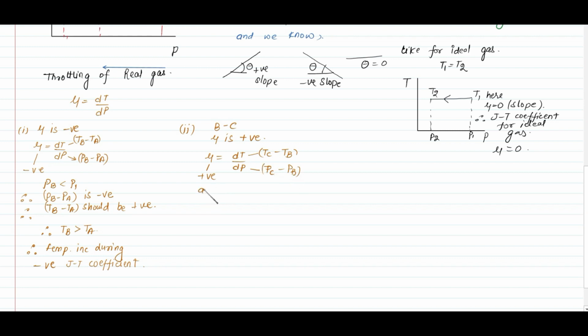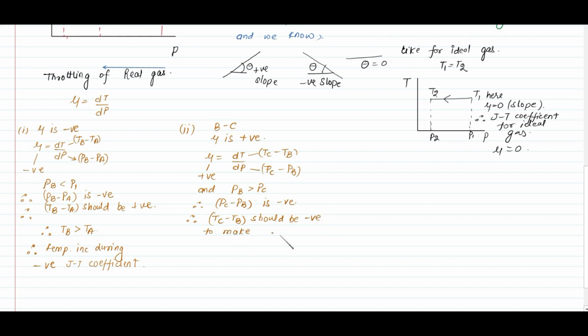And we know that Pb is greater than Pc. So therefore, we can conclude Pc minus Pb is negative. To make the Joule Thomson coefficient positive, Tc minus Tb should also be negative,